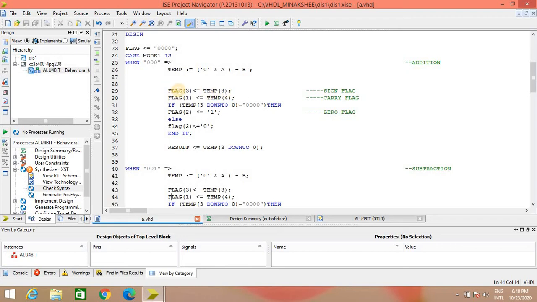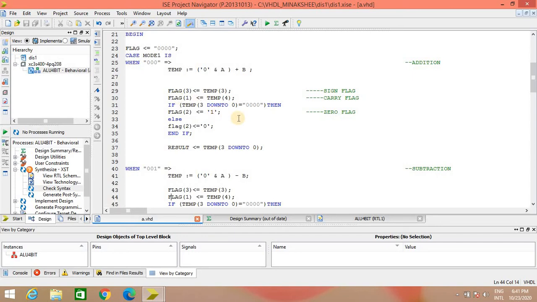Flag 3 is the sign flag, which should be the same as the MSB of the result. My result is 4 bits, so the MSB of the result is the 3rd bit, because it is 3 down to 0. So temp 3rd bit will be my sign flag. Carry flag is nothing but the 5th bit generated due to the operation. That 5th bit is nothing but temp 4. So that temp 4 I am giving to flag 1, which is my carry flag.